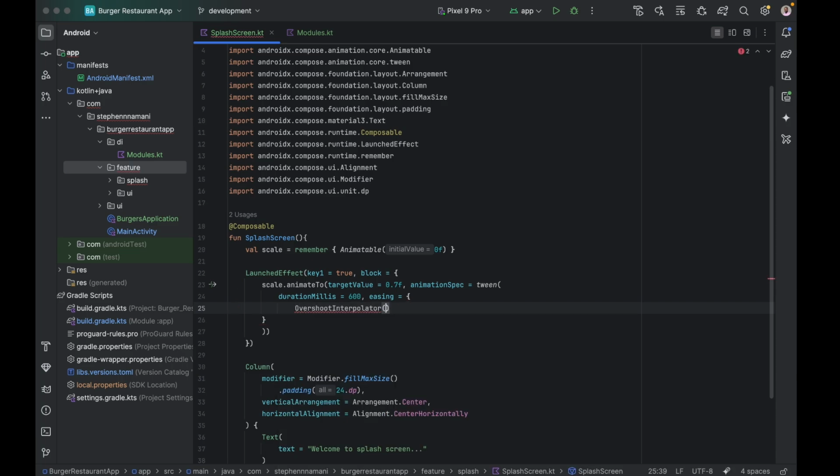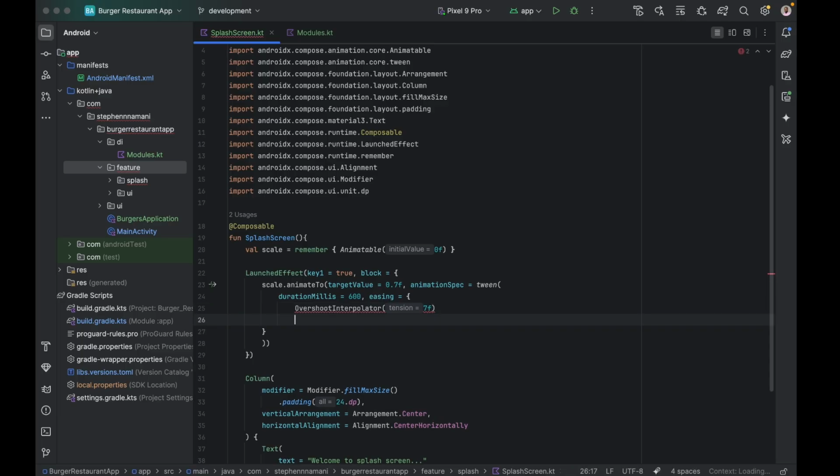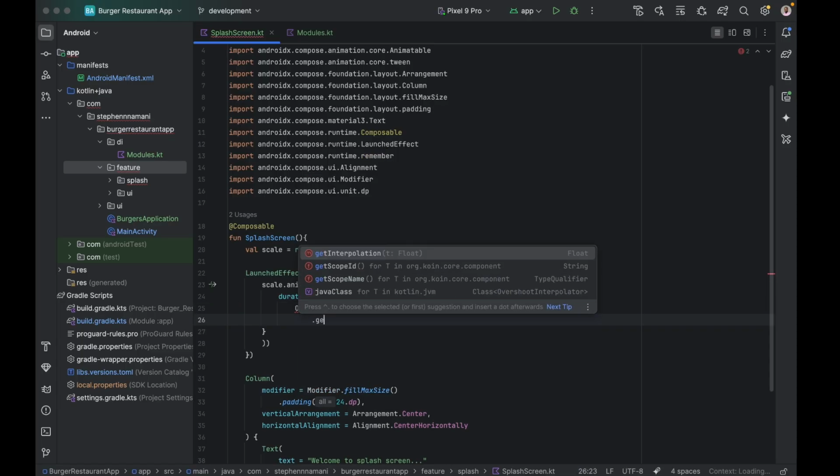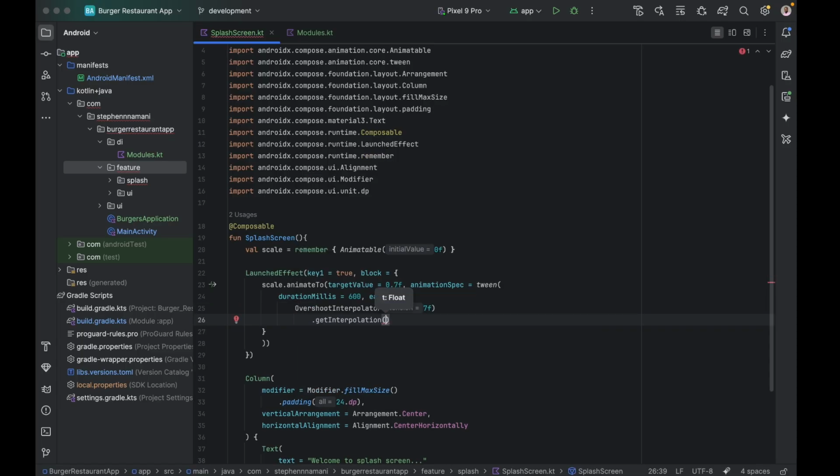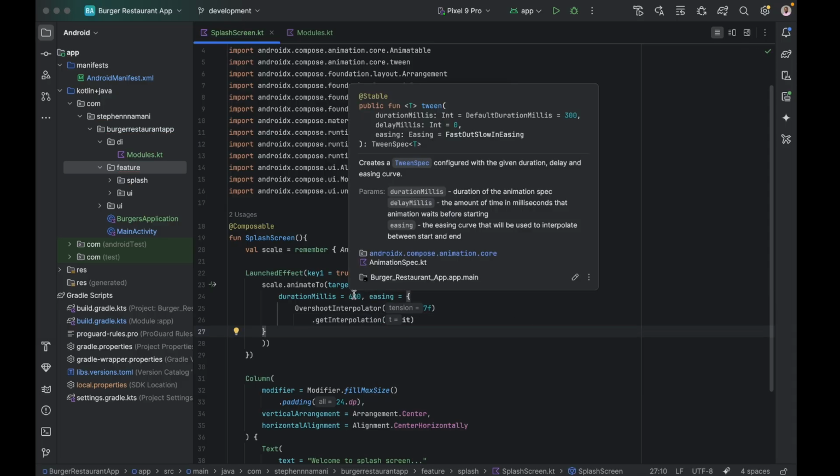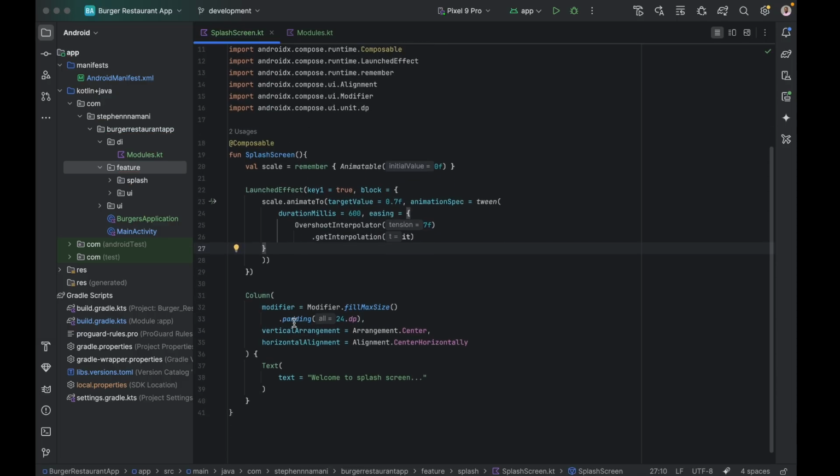And how much do we want it to overshoot? Let's set the tension to 7f, and also we need to call .getInterpolation and set it to it. So that is how our animation effect is going to happen, how we want it to display first of all